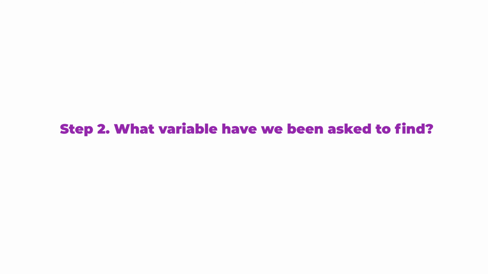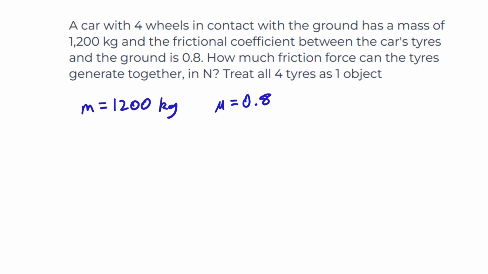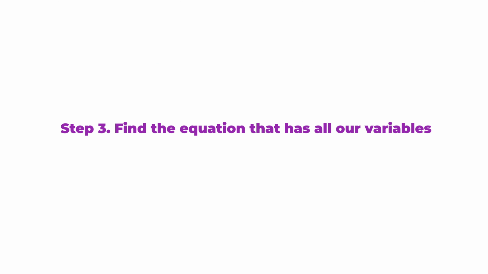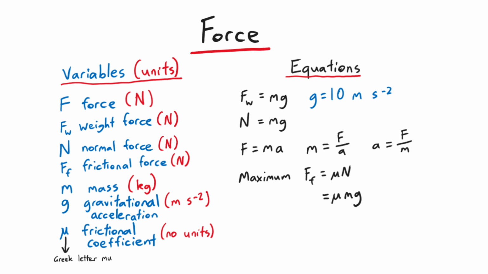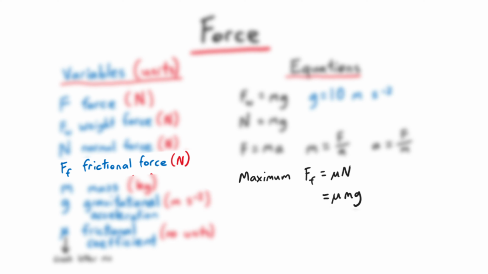Step 2. What variable have we been asked to find? We want to find the maximum value of friction force, which we can write as F with subscript F. Max friction force equals question mark in newtons. Step 3. Find the equation that has all of our variables. We need to find an equation that contains friction force, mu, and m. The equation that we'll use is frictional force equals frictional coefficient multiplied by mass times gravity, or F equals mu